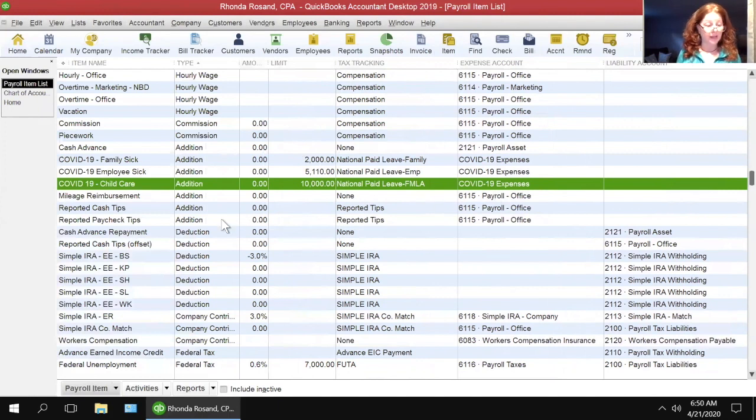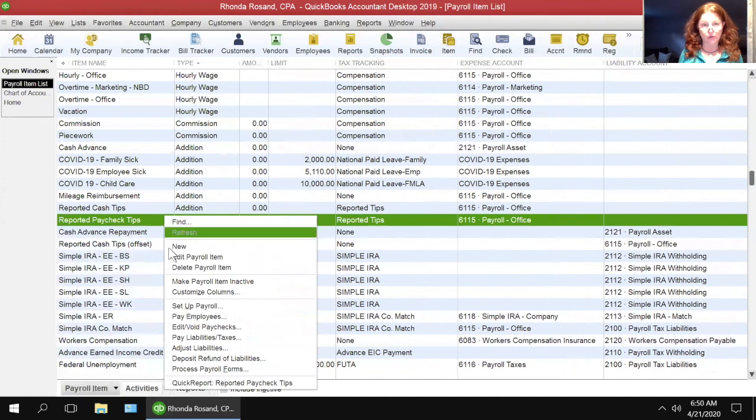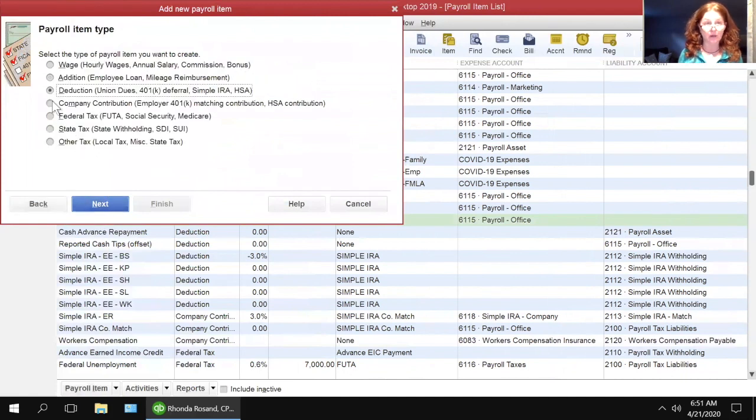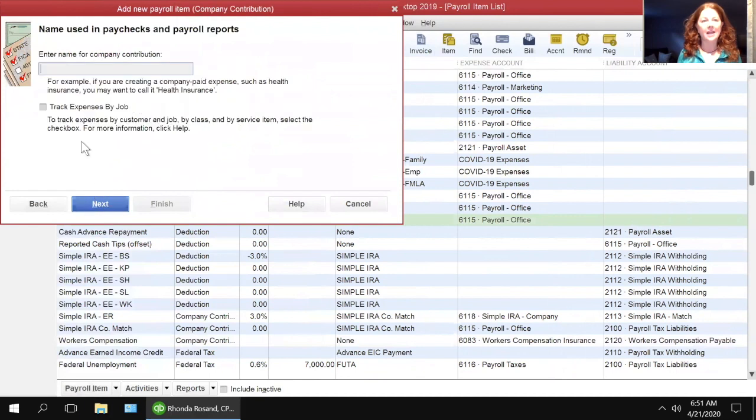Now this next one is not an addition, it's a company contribution. So again, I'm going to right click, I'm going to choose new, I'm going to go to custom setup, and then I'm going to go to next. And down here, I'm going to select the radio button for company contribution. This is for the health insurance that you would pay to your employees who were out sick while this COVID-19 issue is going on. So company contribution, next, and here we're going to call it COVID, oops, keep consistent here,